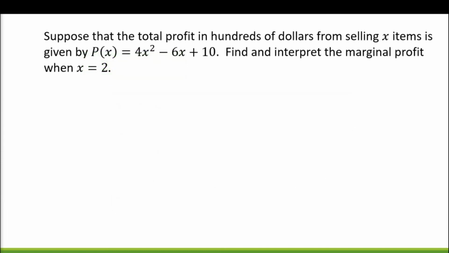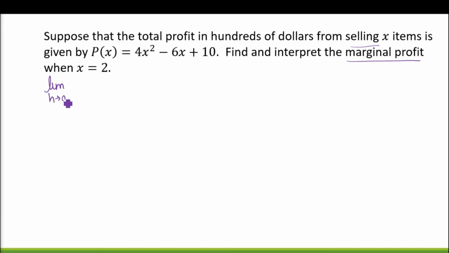So if you look at this question, it says, suppose that the total profit in hundreds of dollars from selling X items is given by P of X equals 4x squared minus 6x plus 10. We want to find and interpret the marginal profit when X is equal to 2. So really, we're just looking for the instantaneous rate of change of this function at 2. So we need to find the limit